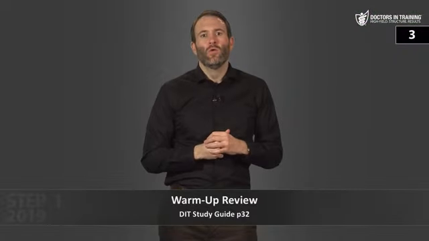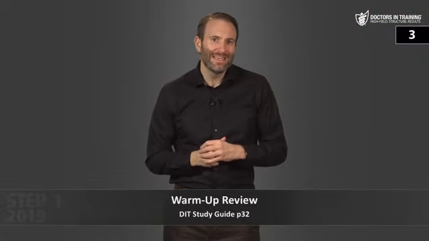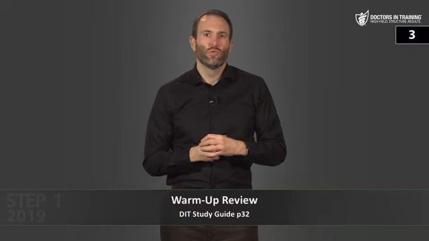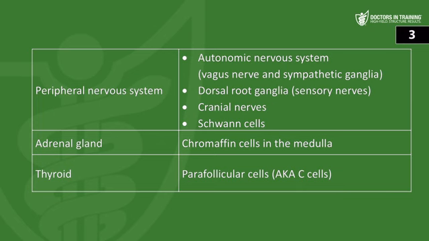Next question. What are the neural crest derivatives in each of the following adult structures? So what do those neural crests become? Well, in our peripheral nervous system, they're going to become the autonomic nervous system, like the vagus nerve and the sympathetic ganglia. You're also going to see it become the dorsal root ganglia, so sensory nerves, cranial nerves, and Schwann